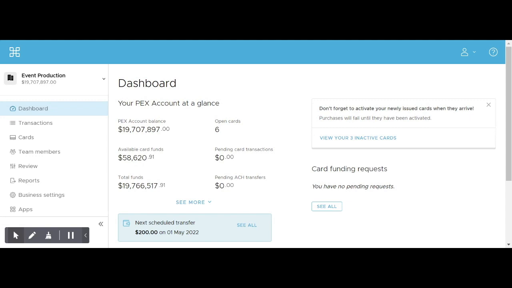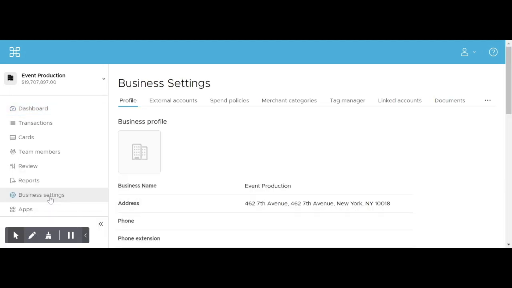Tags are used to help with transaction categorization and reconciliation. Tags are needed for various apps for seamless syncing. Certain apps will automatically sync over your expense accounts. To get started, click on the Business Settings tab on the left navigation menu, and then on the Tag Manager